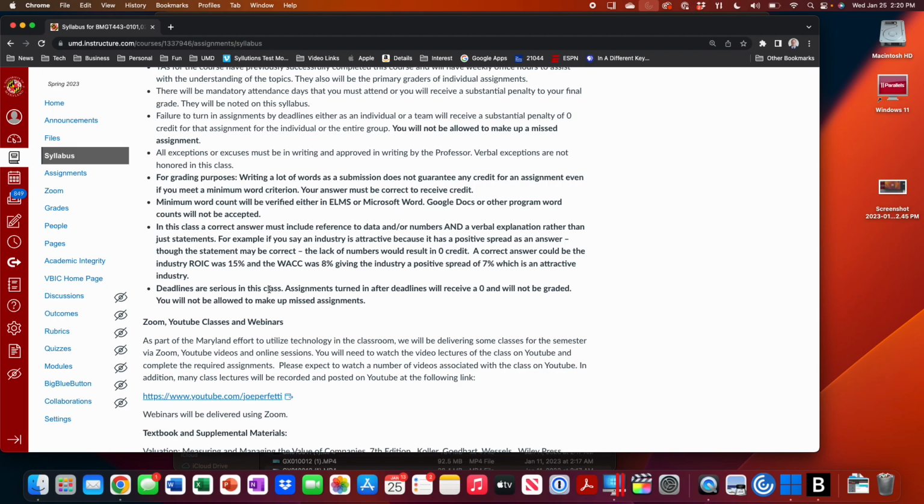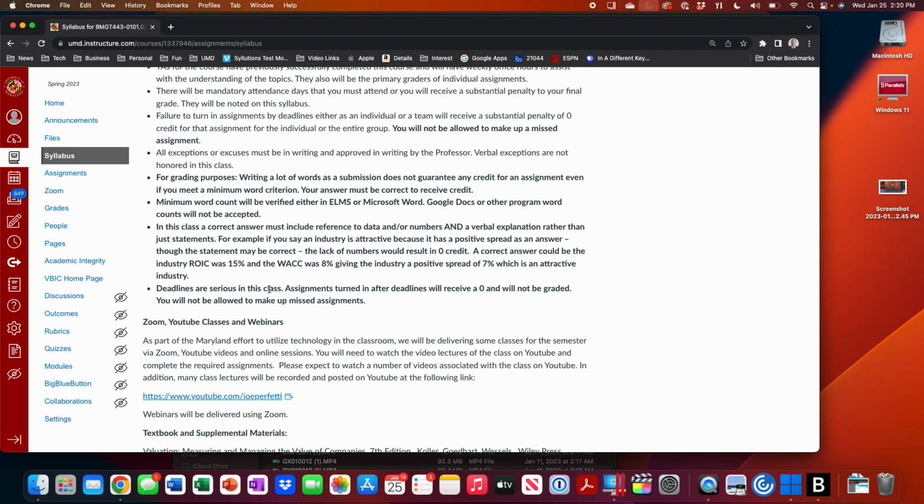If you start just giving lots and lots of data, what you're telling me is you don't know the answer. So, translation, if you write a lot of words, it is not our responsibility to sort through all of your answer to try and find something that we think might be right. Because what you're telling me is you don't know the answer. So to have the answer, you actually have to answer the question. Right? And you have to use data. This is a finance class. No numbers, no backup, no credit.